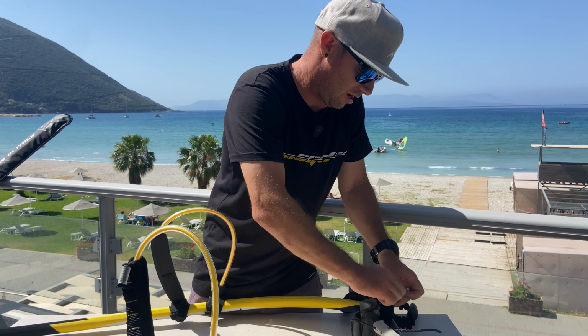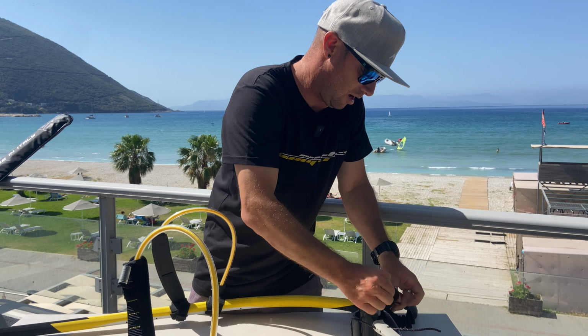A long uphaul will make it much easier for you to uphaul the sail, to pull that sail up and out of the water. And thinking back to as you're progressing and improving your windsurfing, you're going to need some slightly bigger sails that perhaps you haven't used before. A longer uphaul makes it easier to uphaul, makes the heavier sail feel less heavy because you've got more purchase, more leverage from the uphaul. So keep it long until you start to water start